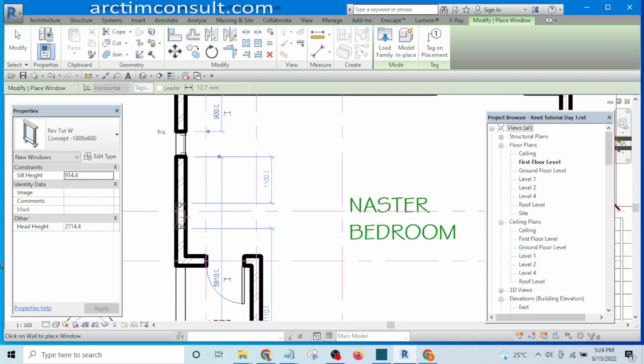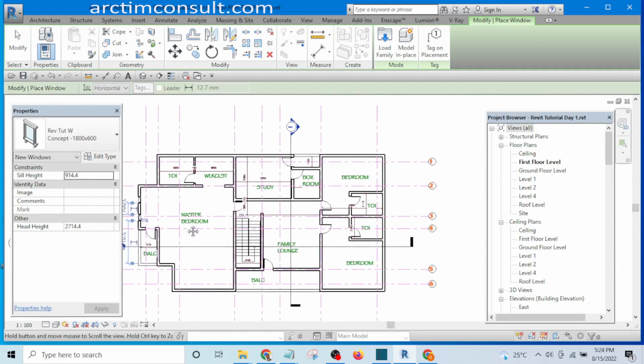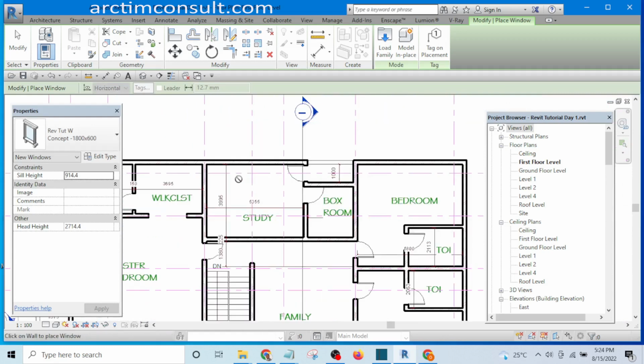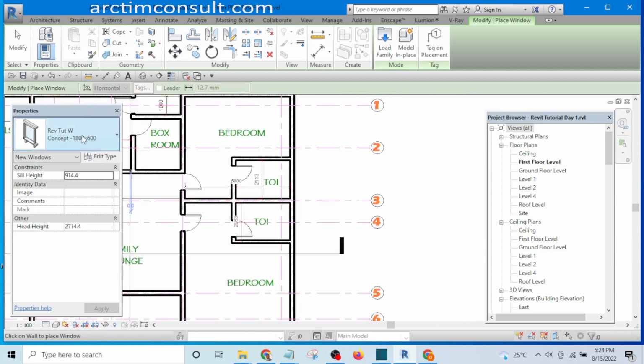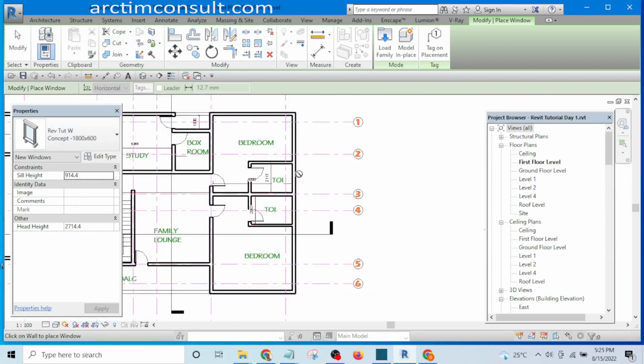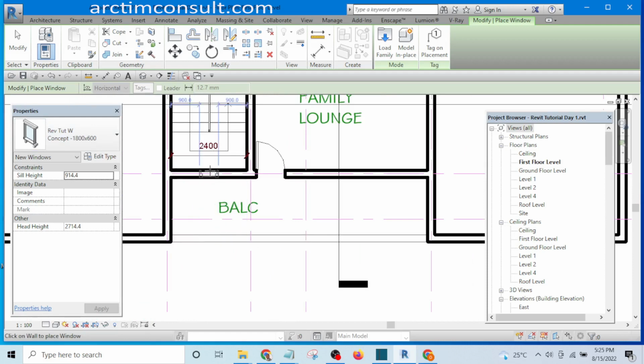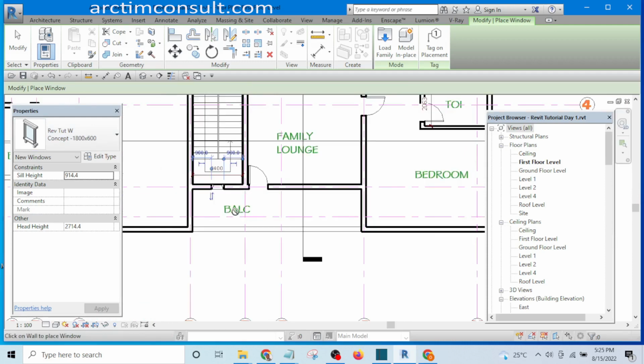I'll place two here, and I need two here. Okay, the ones I will need here are toilet window. I need another one here,